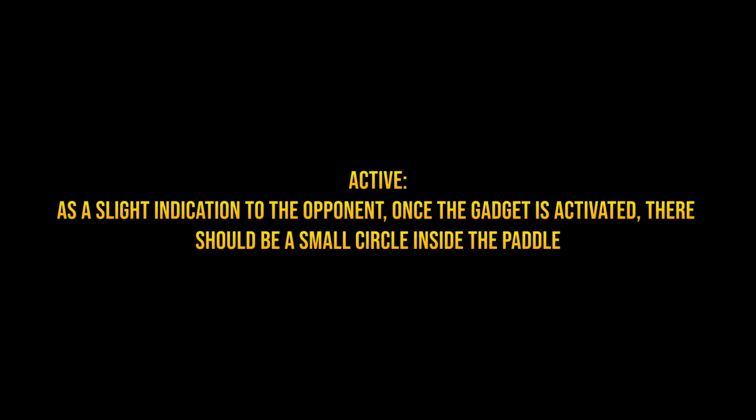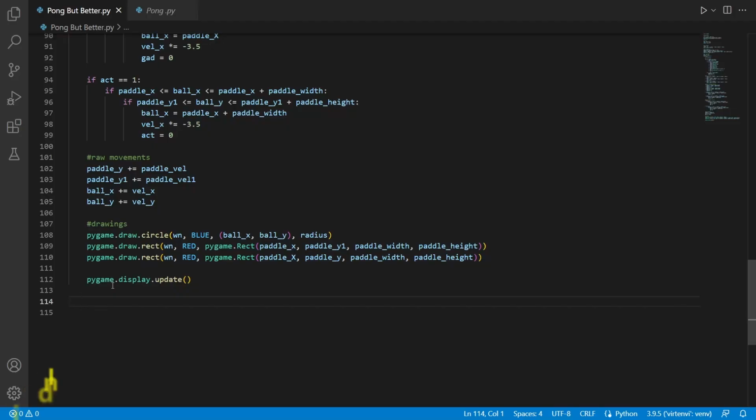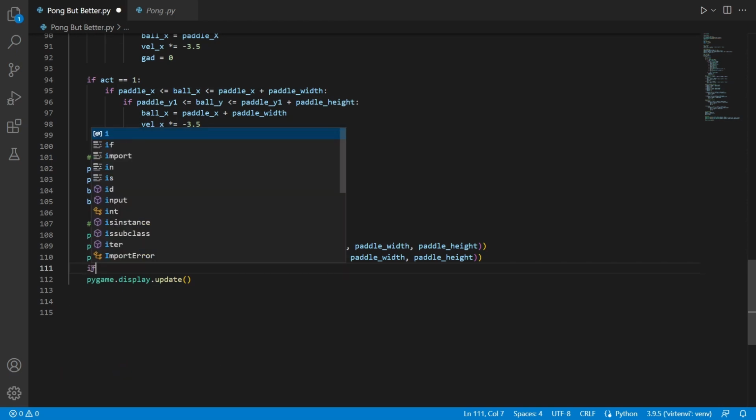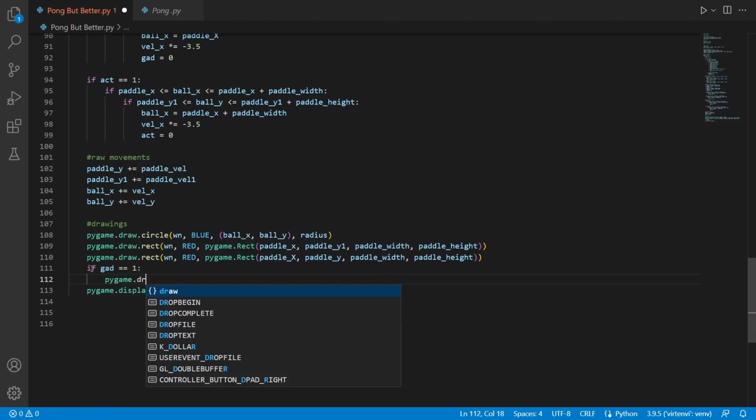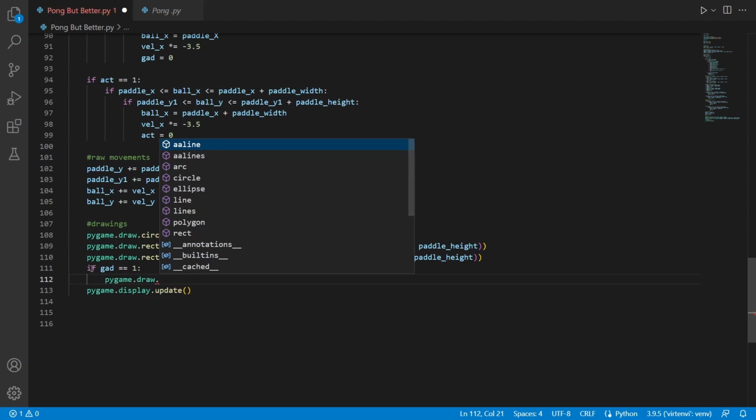Also, the prompt says that as a slight indication to the opponent, once the gadget is activated, there should be a small circle inside the paddle. We can achieve this by first checking if the gadget is activated. So I'm going to do that. If gadget is equal to 1, like that, then we can draw a Pygame circle inside the paddle itself. So pygame.draw.circle,